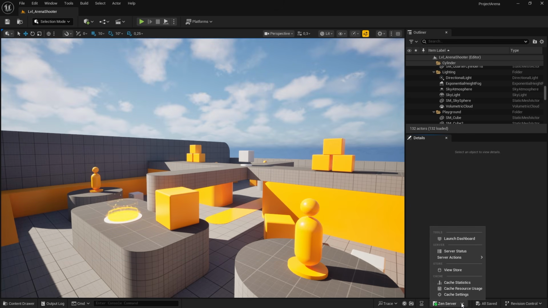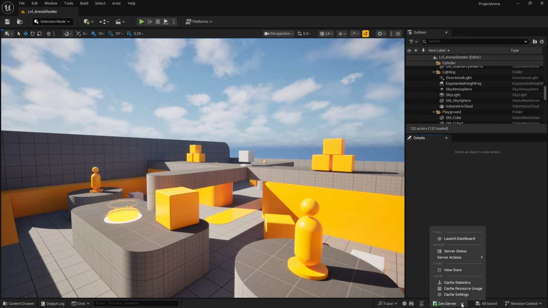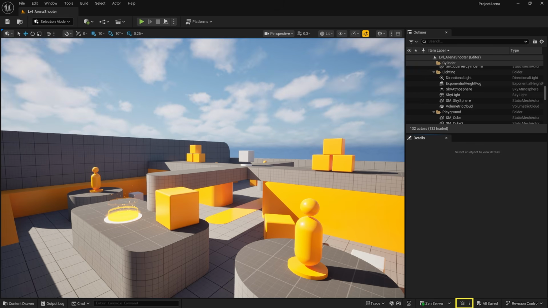We have a drop-down to access derived data functionality, which can be used to change between storage types that Unreal Engine uses to store derived data. If you have a C++ project, you will see a button to access the live coding compiler to rebuild your application's C++ code while the engine is running. If you created a Blueprint project, this option will not be available.